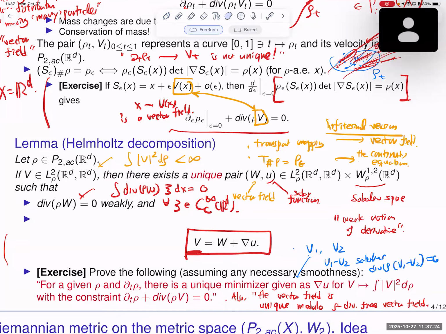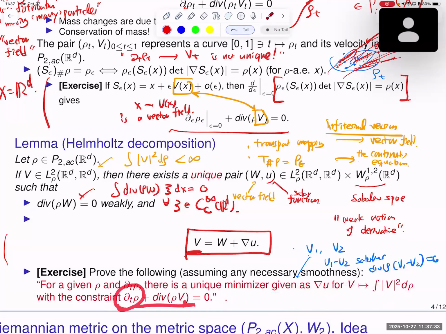Okay, so maybe this is not that interesting, right? I mean, this is obvious, because you can just plug in this v1, v2, and then this is the same. So let me take back. The uniqueness modulo this divergence free vector field is just something obvious, but something non-obvious is that